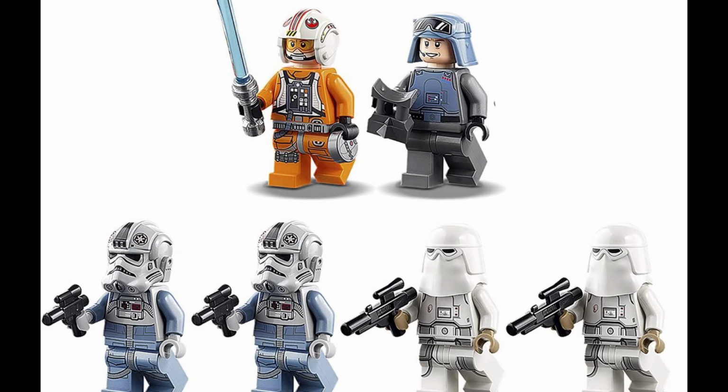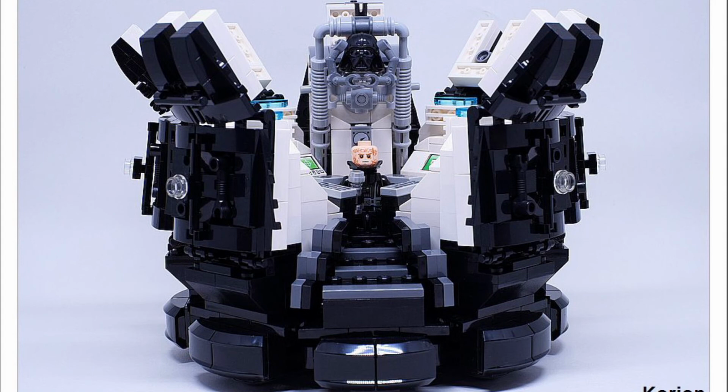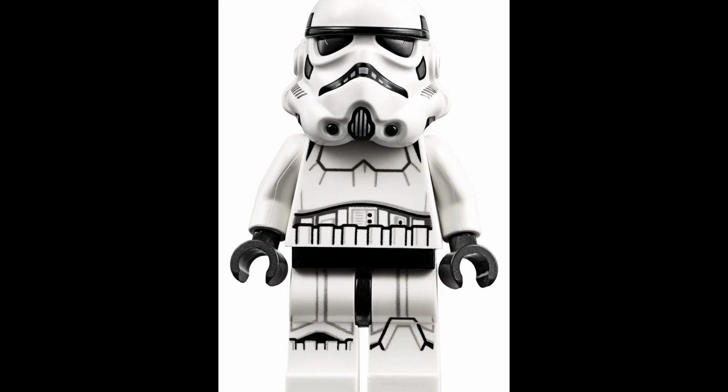However, I don't really understand why you would go for the exact same minifigures as you already had a year before in a much more accessible set. So that I think is kind of disappointing. However, at least it's not as bad as with the gunship, where it is only coming with 2 minifigures, which we didn't even want. And rounding out the list, we have Vader's Meditation Chamber with 3 minifigures, being the Stormtrooper,